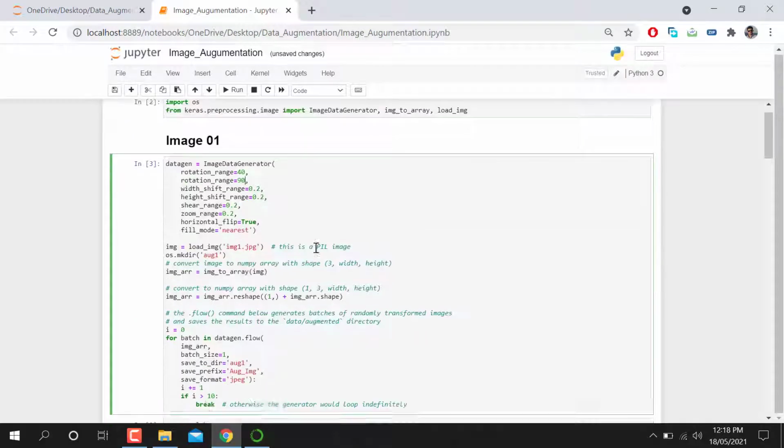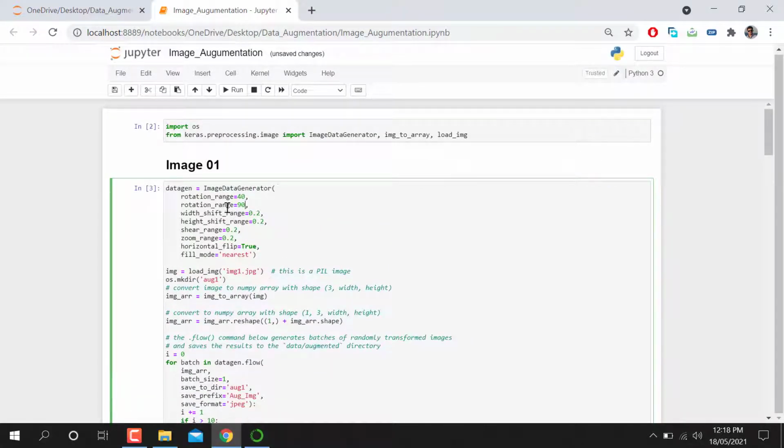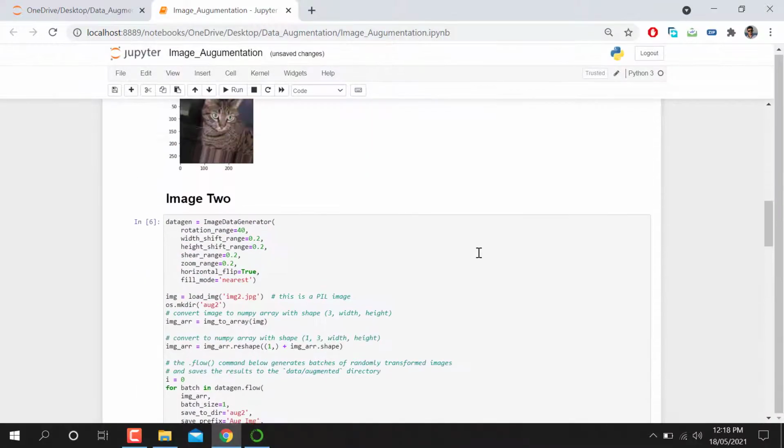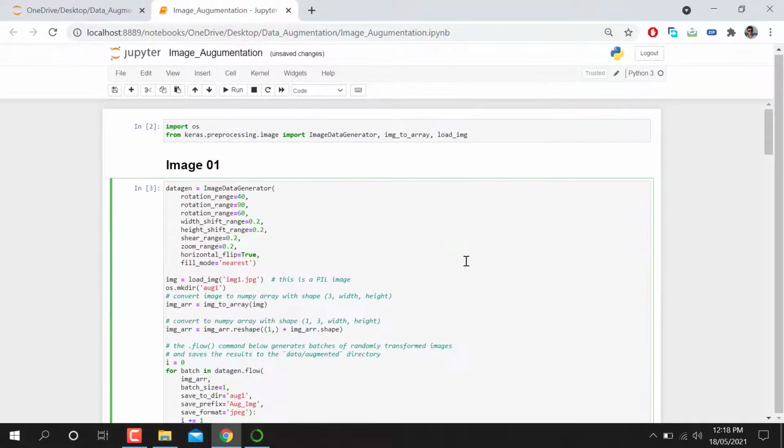So I also add rotation range equal to 90. I'm also trying to add rotation range equal to 180. I think, let's see, I'm just adding 60. I'm just trying to make 4 more images.